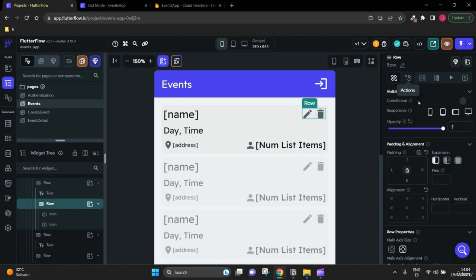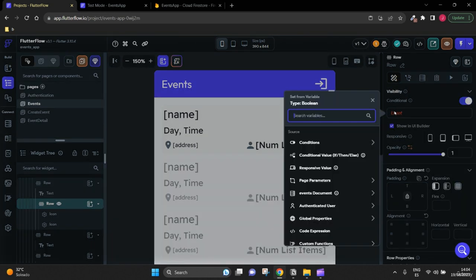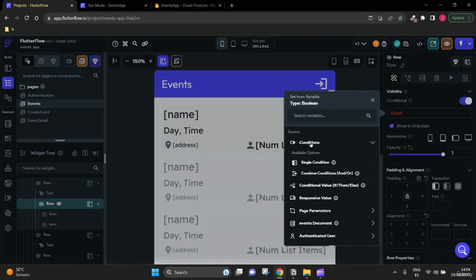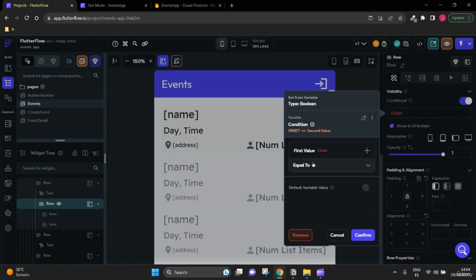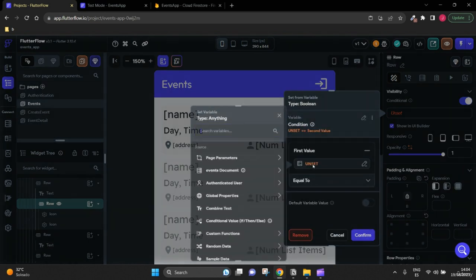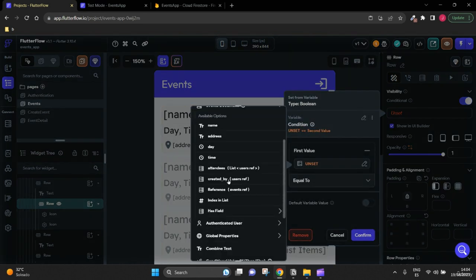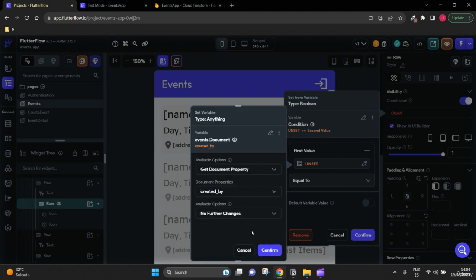So let's go to the properties and under visibility, toggle on conditional, and we're gonna set a single condition to show those widgets. Okay, those icons. So the first value of this condition is if the events document, and what are we gonna check? We're gonna check if the created by field,